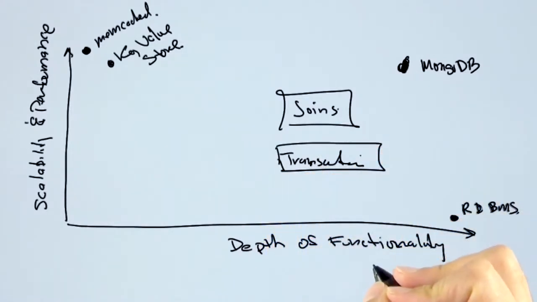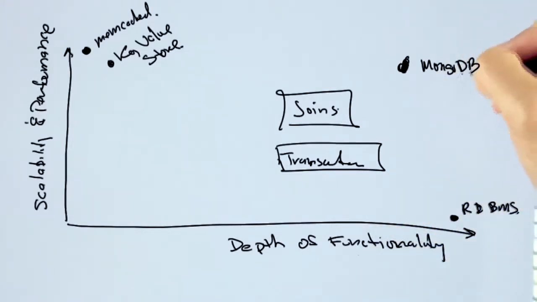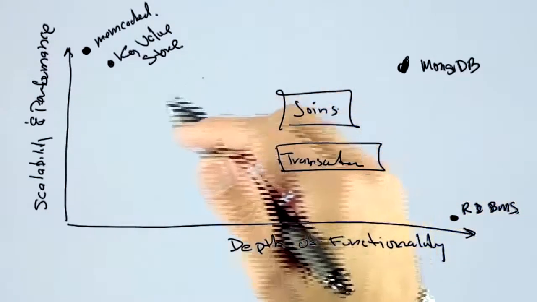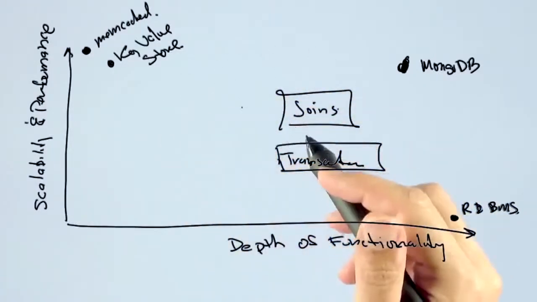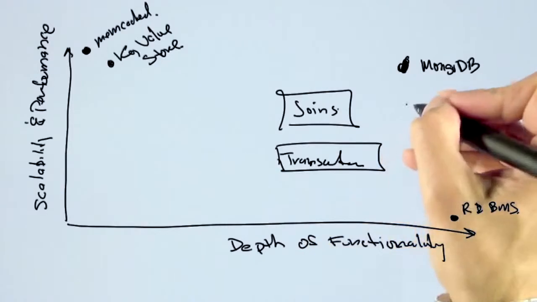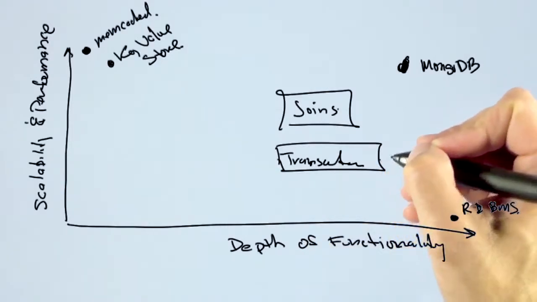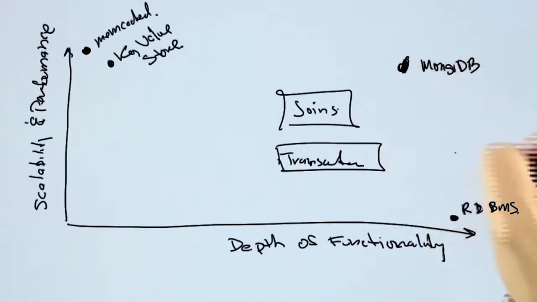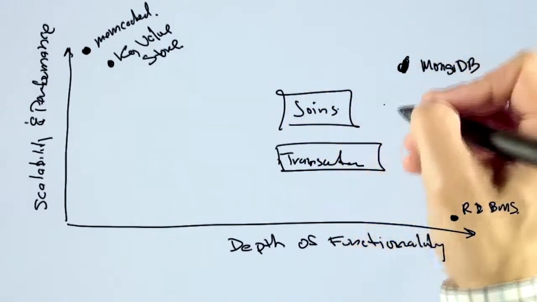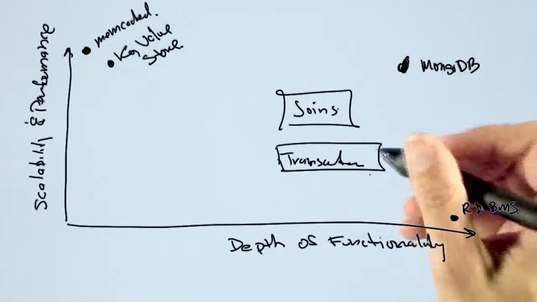Another piece of functionality missing in MongoDB is transactions. Now, that sounds pretty bad, but the truth is that you often don't need transactions in MongoDB in applications where you would need them in a relational system. And the reason is that in MongoDB, the documents are hierarchical, as I showed in the earlier segment, and you can access those documents atomically. So something that might require multiple updates within a relational system can be handled within a single atomic transaction within a single document. So what MongoDB does not support is transactions across multiple documents.